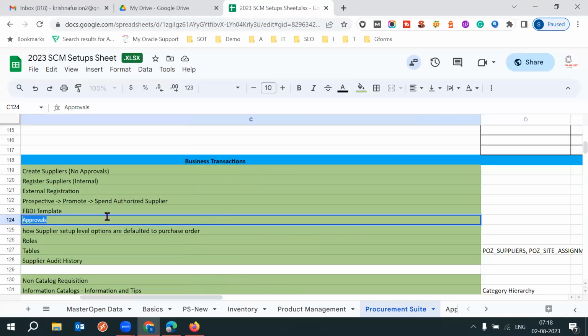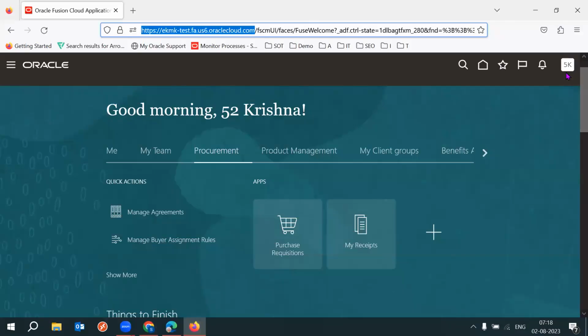And coming to the approvals, what types of approvals are there? Internal registration approvals, external registration approvals, promoting the supplier from prospect to spend authorized approvals, internal profile change approvals, and external profile change approvals. But coming to the supplier approvals,